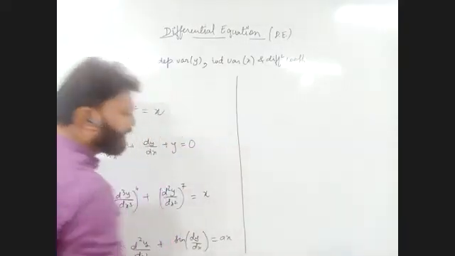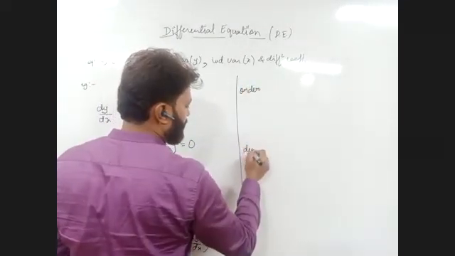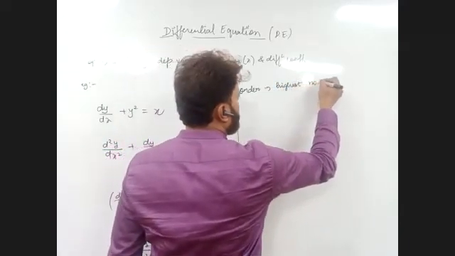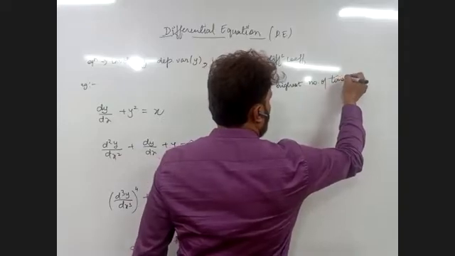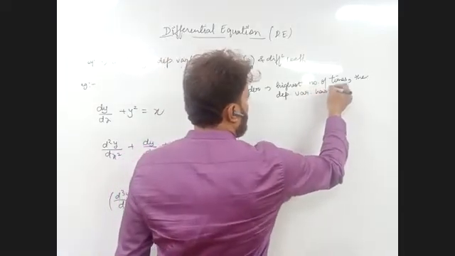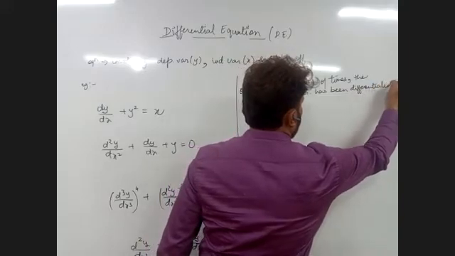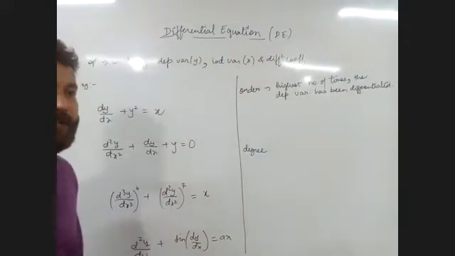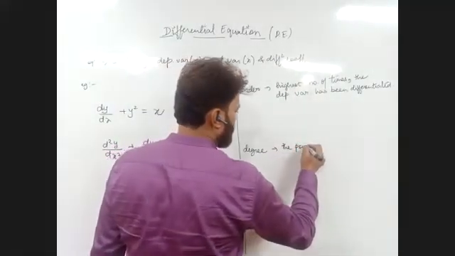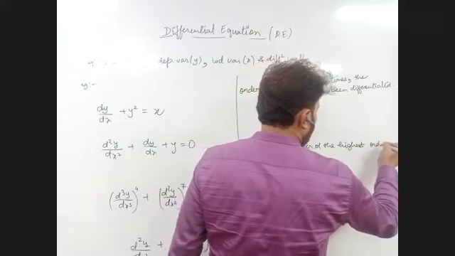Now there are two things that we need to understand about differential equation, which is order and degree. By order, we mean the highest number of times the dependent variable has been differentiated. By degree, we mean the power of the highest order derivative